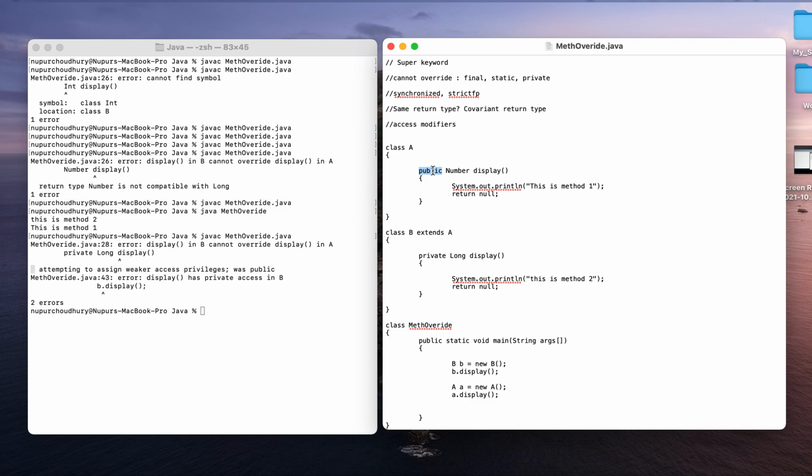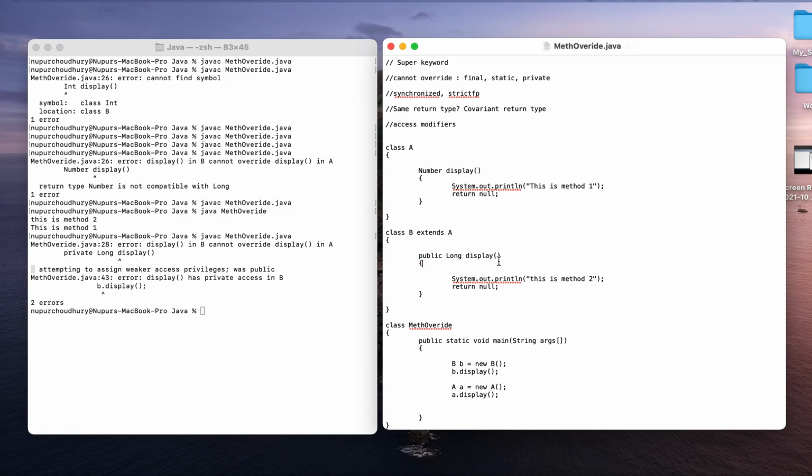Now if I am supposed to override this particular method, either I have to keep a default access modifier here, and use a bigger or stronger access modifier in this particular method, or I do not have to keep any access modifier in this method.